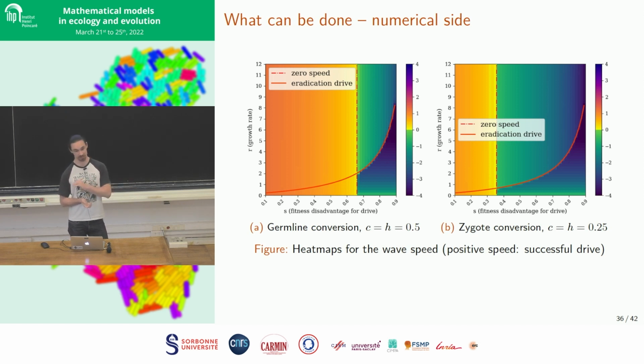But actually, that's a completely wrong way of thinking of the problem because you need to remind yourself that below the eradication curve, you have eradication waves, and at the top, you have replacement waves. So even if the speeds do not depend on R and S, the profiles strongly depend on R and S. So these waves are definitely not dependent on only one parameter.